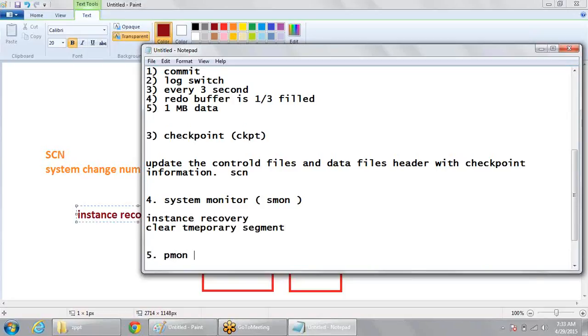Okay. The next is your PMON process, the process monitor. Now what is the use of the PMON process? Let's suppose a user is connected to the Oracle database, and due to any reason he got disconnected from the database. So the PMON is responsible for cleaning the database buffer cache and freeing the resources that the client process was using. Because whenever a user or client, which means the same, is connected to the database,